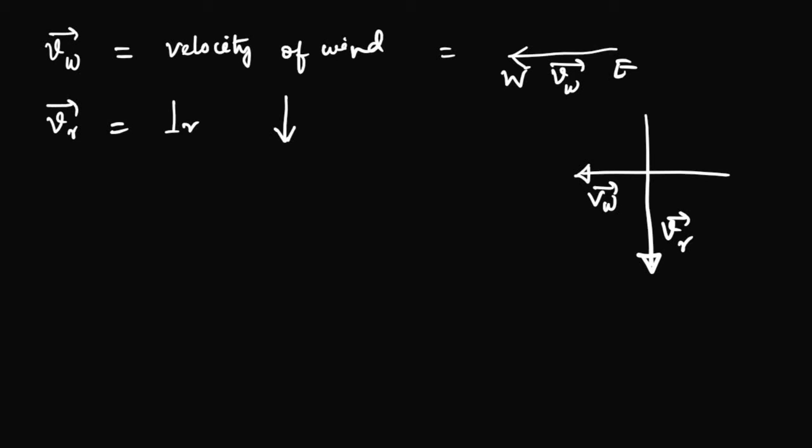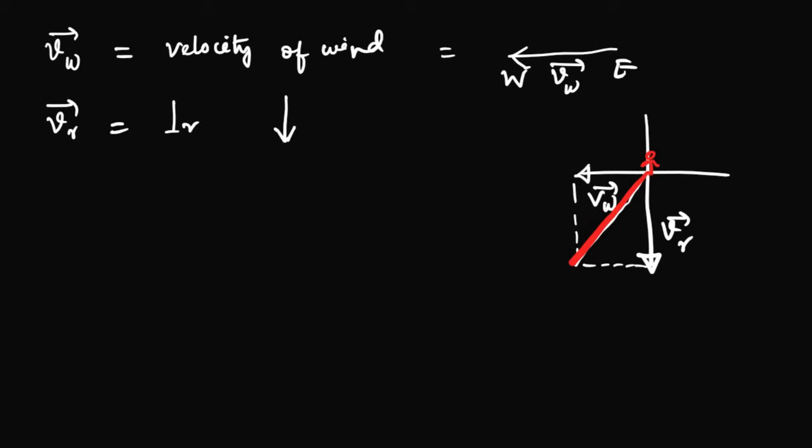Now this is a parallelogram drawing, right? This is VW, this is VR, each forming two adjacent sides of a parallelogram. So this would be the resultant. I am drawing it in a red line so that you can see that it is the resultant. If it is the resultant, then the boy is standing over here.